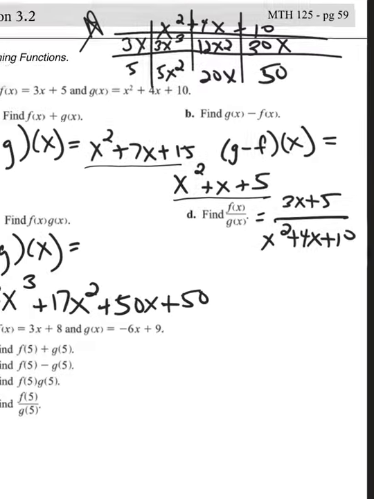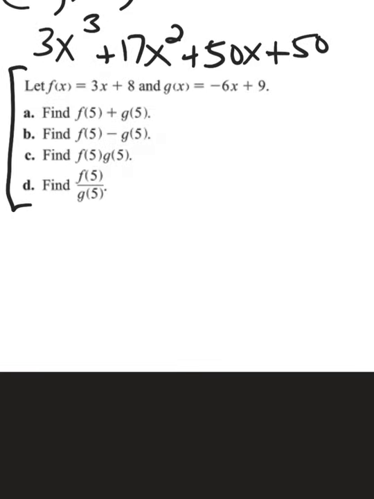Let's look at the example that we have at the end here, where not only are we asked to combine functions by adding, subtracting, multiplying, or dividing, but they also have us evaluating for a number. Now, let me tell you that you can do the combining first and then plug the number in if you want. That's probably the best way if you have lots of different numbers and examples that they want you to use, but it looks like all these questions are asking for the same quantity for f of 5 and g of 5. So actually what I'm going to do is find the f of 5,